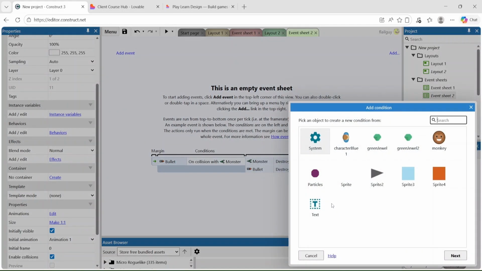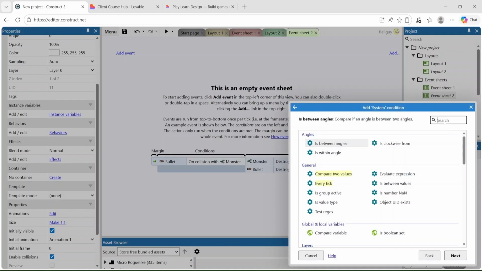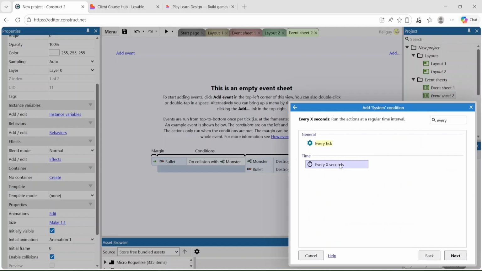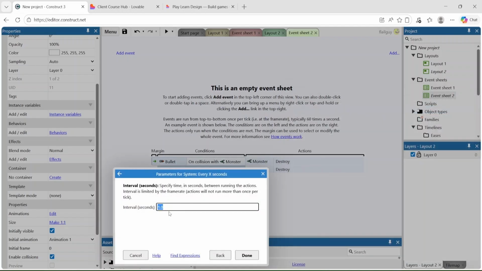I'm gonna choose a system expression, and that system expression is every x seconds. So that means we can add a formula here that determines the time that elapses for that event to repeat. And I'm gonna use a function that is a system expression that's similar to a behavior, but is doing a calculation. And that is gonna be random